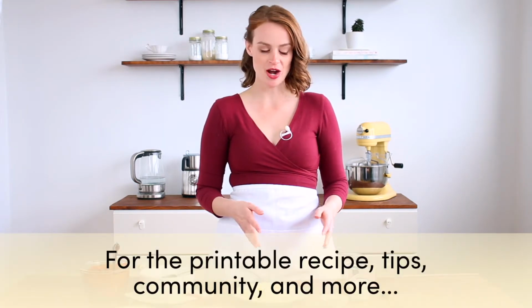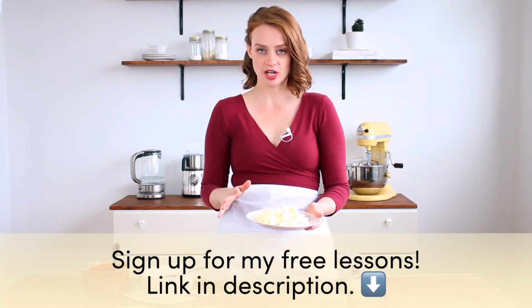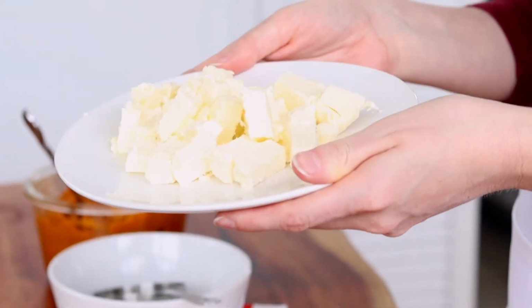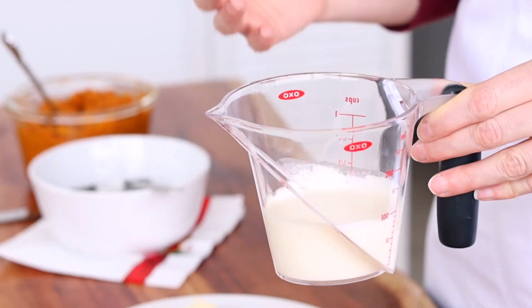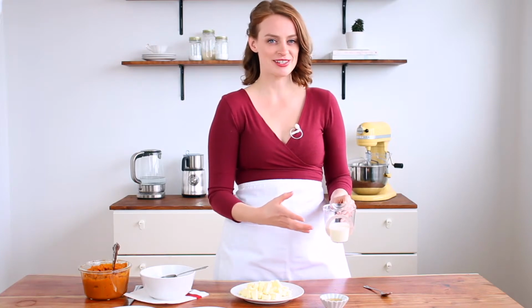So let's get started. The first thing we're gonna do is prepare our milk, butter, and pumpkin to set aside. I have a half a cup of cold butter, which I've cubed. Then you're gonna take 1/3 cup of heavy cream. You can also use milk or non-dairy milk, but the high fat content really makes these scones nice and rich,